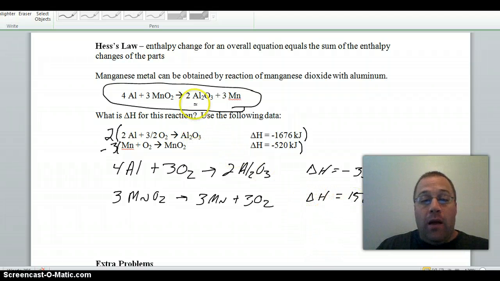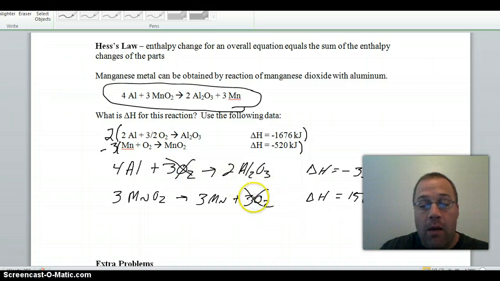So now we need 2Al2O3 to be a product. If we look down here at our new equations, we have 2Al2O3 as a product. And we need 3Mn to be a product, and again, we look down here and we have 3Mn being a product. So what we can do now is cancel out anything that is on both the left and the right side of the arrows using both of these equations that are down here. There are 3 O2s that can go away on both sides. And what we're left with is 4Al plus 3MnO2 gives you